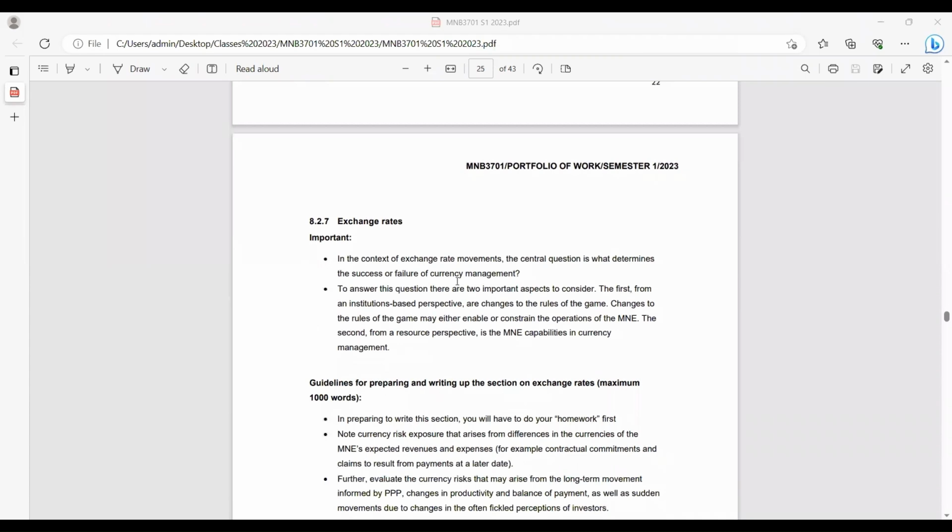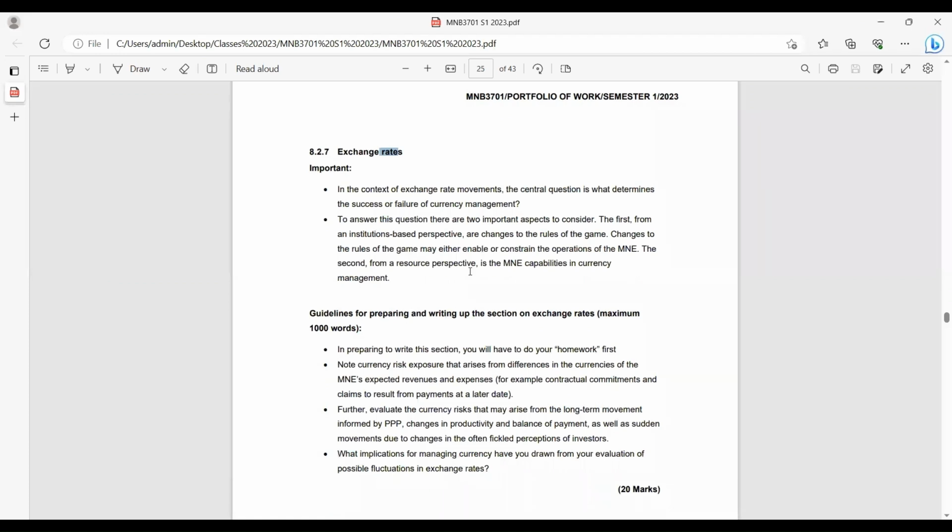When you're talking about exchange rates, one way or the other, you know this. What is an exchange rate? I can tell you an exchange rate is just a rate of exchange, right? We are talking about two or more currencies. I think you've gone through all this, but I just need you to pick one or two things. So the central question, we still have it, but now it is adapted to exchange rates.